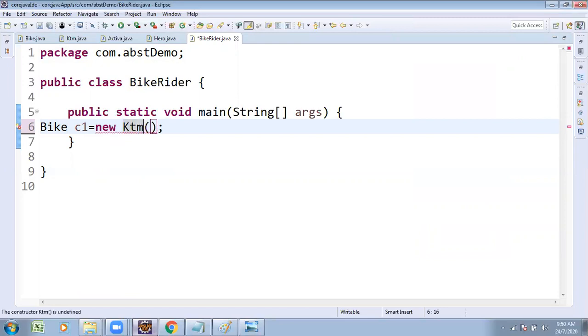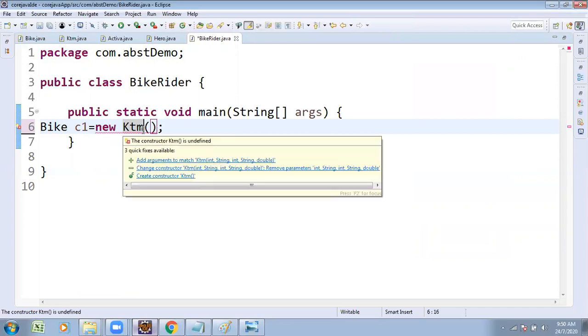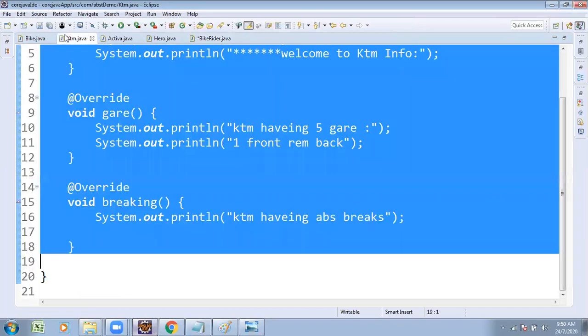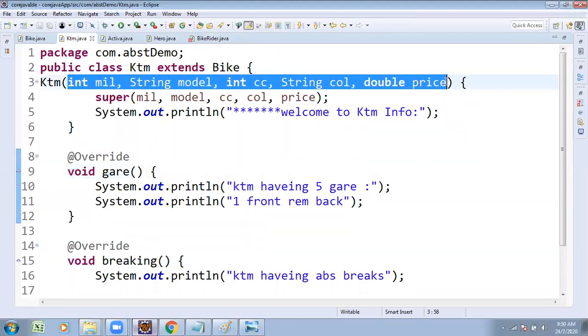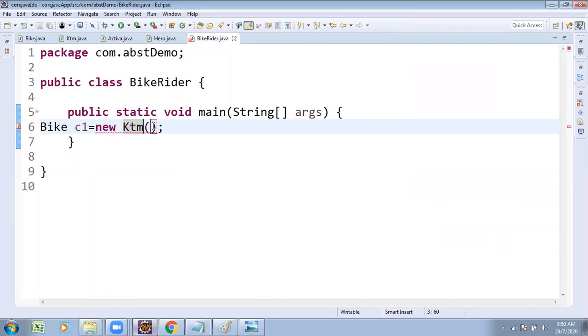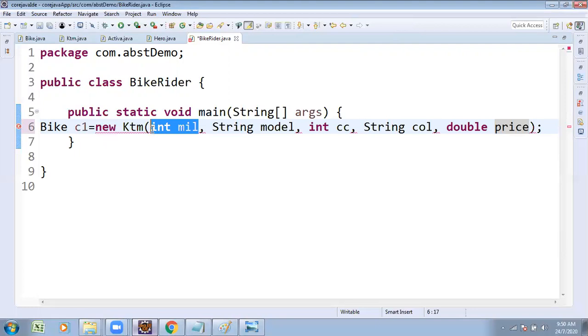Provide KTM: Bike c1 = new KTM. Customer asking about KTM bike, but KTM bike having, observe, a parameterized constructor. If it is a parameterized constructor, you must pass values for that constructor. Mileage, expected mileage by customer, 40 mileage. Expected model,